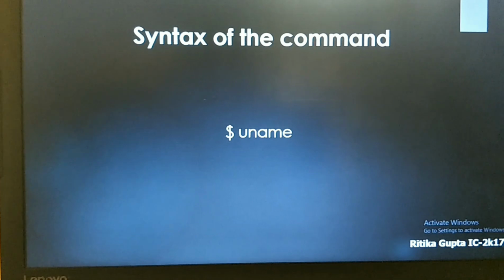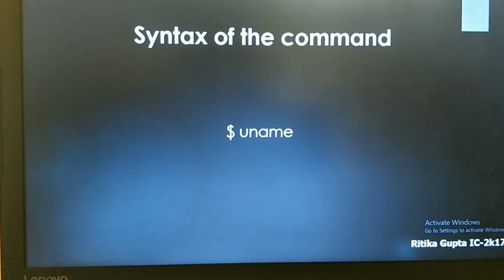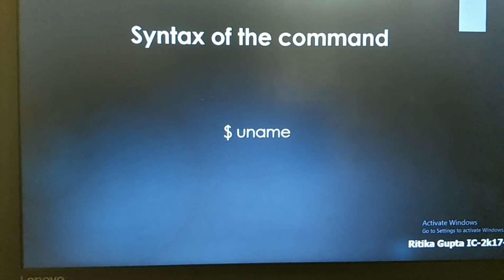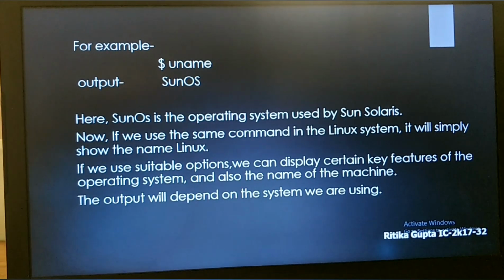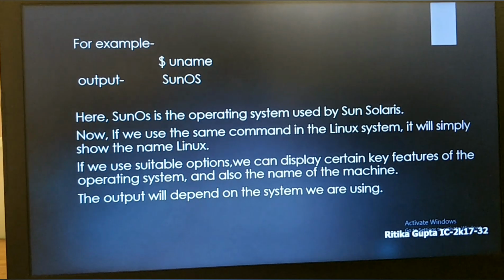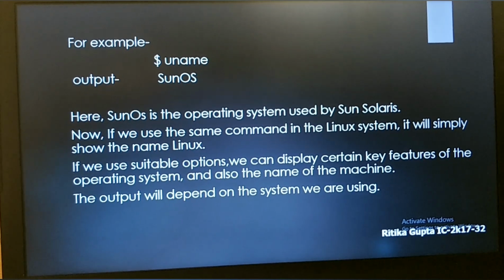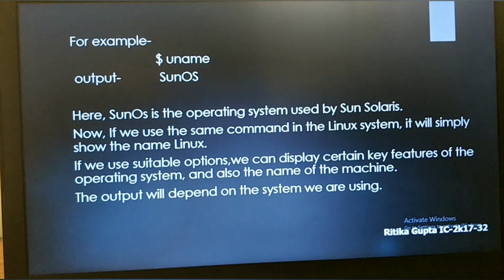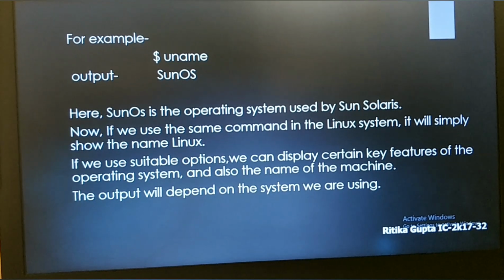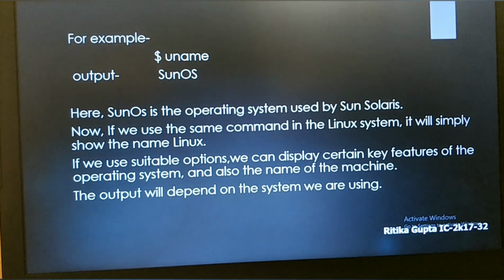The syntax of the uname command is $uname. We can use many options with the uname command. Now we have an example, $uname, which gives the output as SunOS. Here SunOS is the operating system used by Sun Solaris.